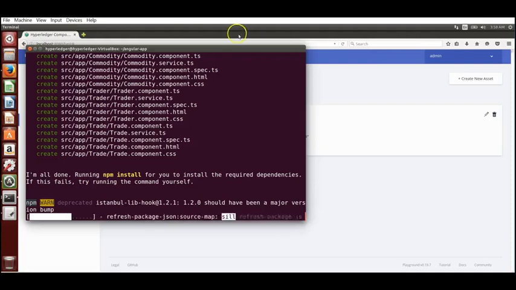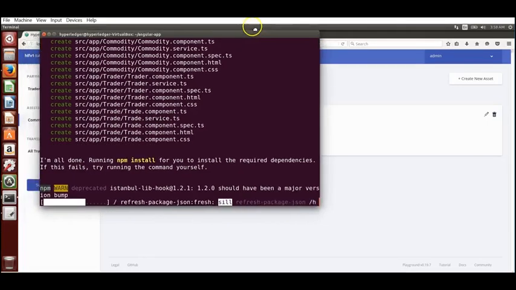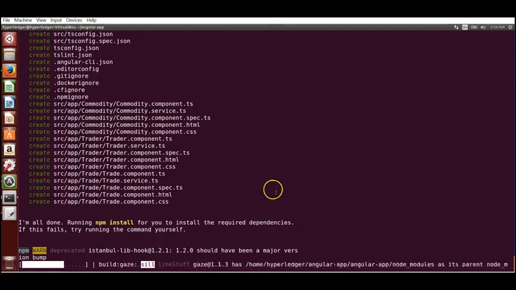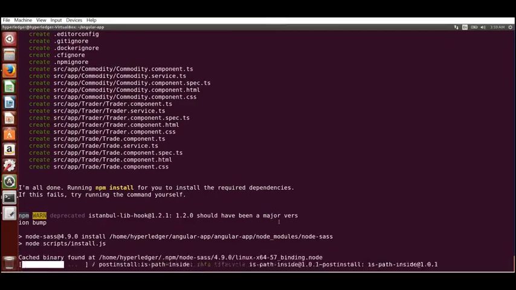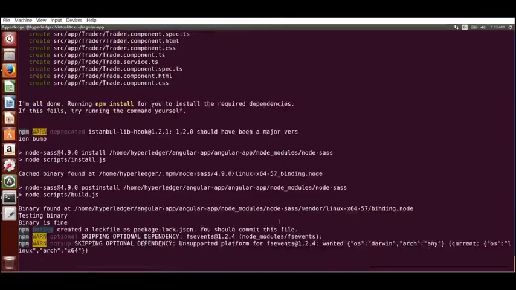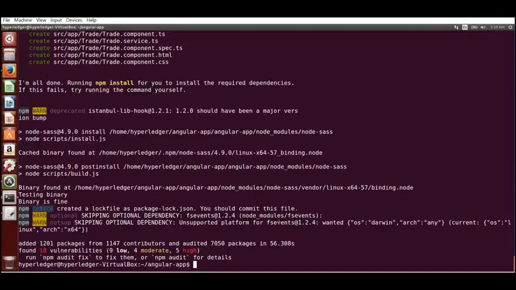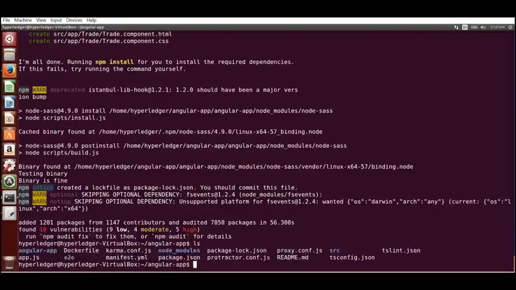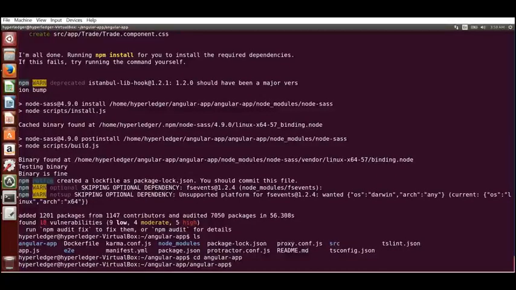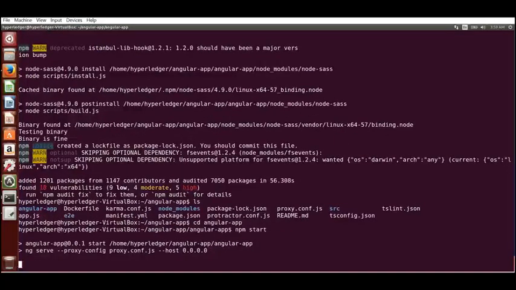Be patient. It's installing all the Node.js items that are required. All right, it's done. Let's see where we are, and I'm going to go into the Angular app and npm start the server, and now it is ready to go.